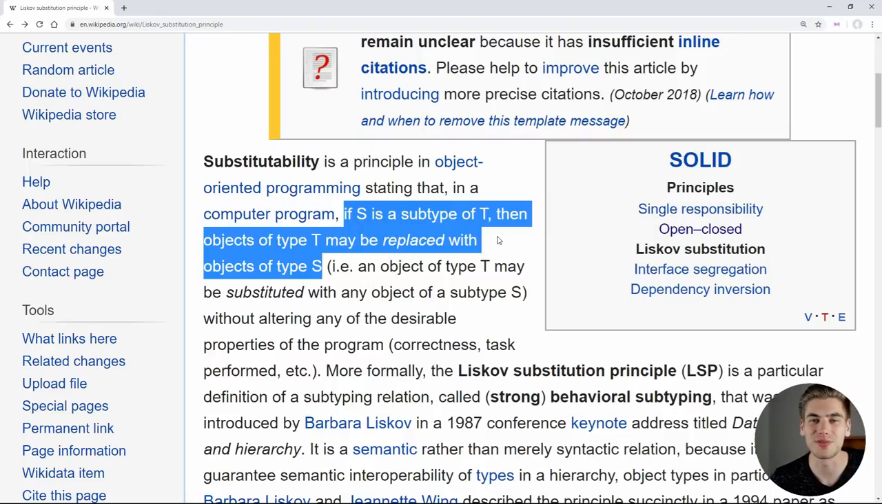And now to get started with the Liskov principle, I'm first going to read off the definition, which is that if S is a subtype of T, then objects of type T may be replaced with objects of type S. And that is a mouthful of jargon that really doesn't make too much sense, but essentially what this is